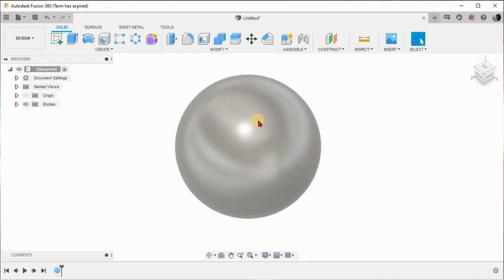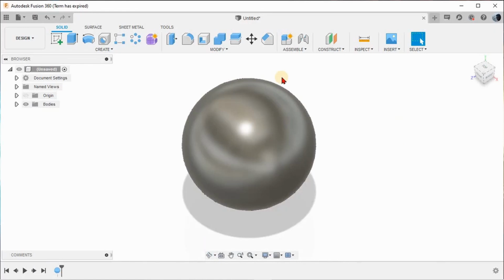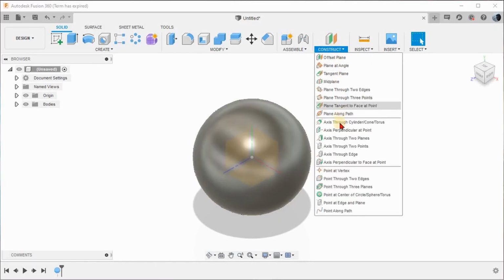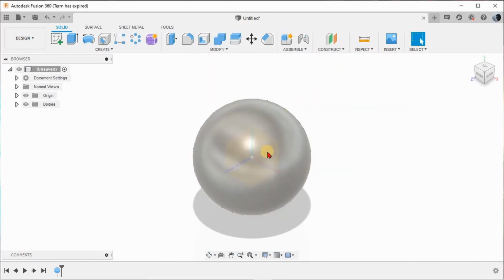So for that, first we need to create a sketch, and we will project that sketch onto this surface, and then we will make a cut section. So for that, I'll switch on the origin, and there is something called construct. Under the construct command, you can see a variety of options, and any one of these options will allow us to draw an offset plane or a path driven plane or an axis additional to